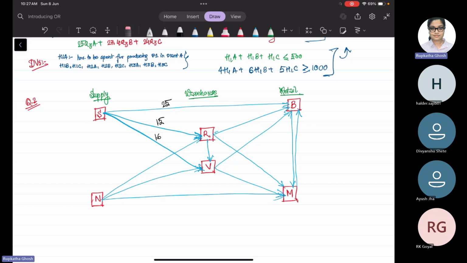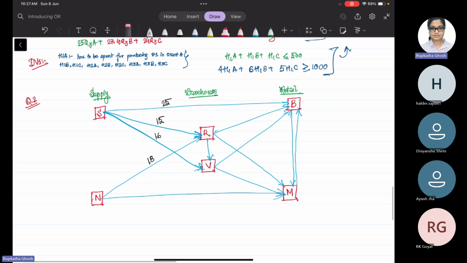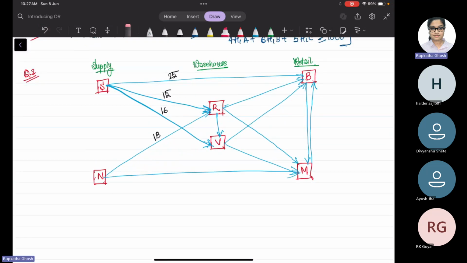Similarly, shipments from N can go either to R at a cost of 18 per unit,